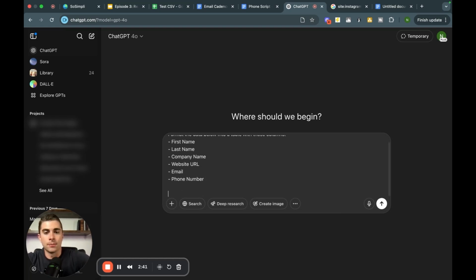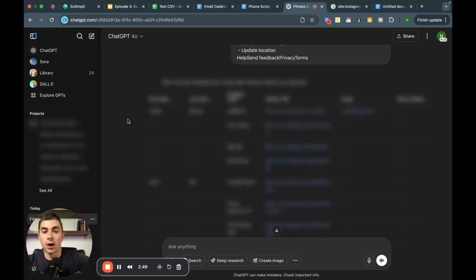But I'm going to go ahead and paste the data from that Google sheet right below here. All right. And then again, I'm just going to blur this for privacy reasons, but now it's going to put it in this really nice table for me here, and it's going to have their websites. It's going to have their emails. If they have phone numbers in there, they're going to be in there as well.